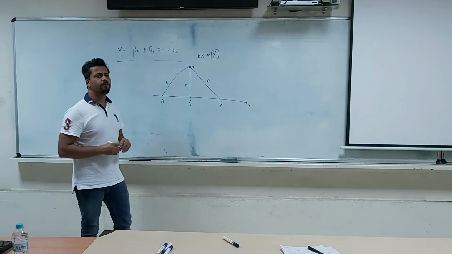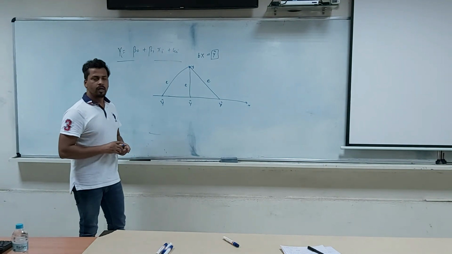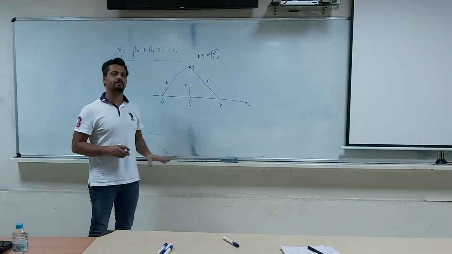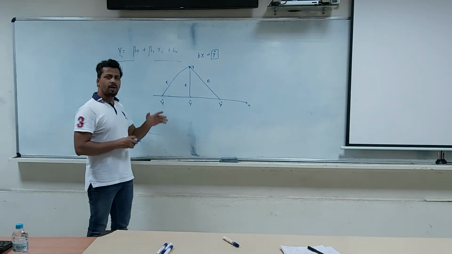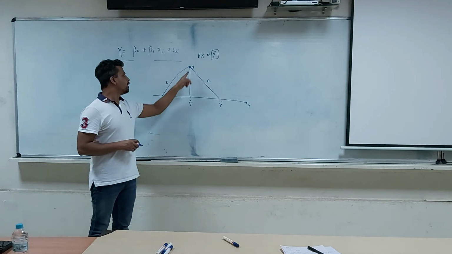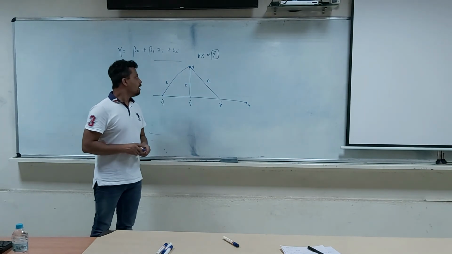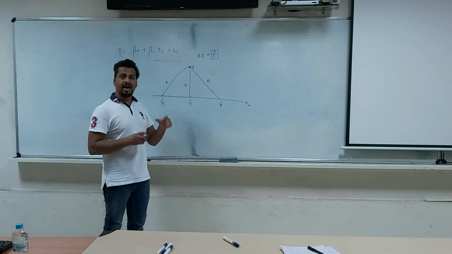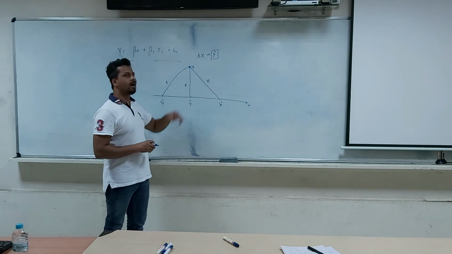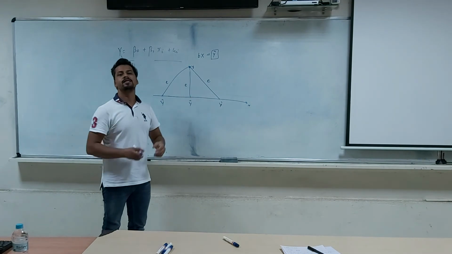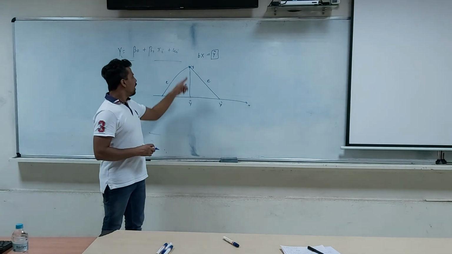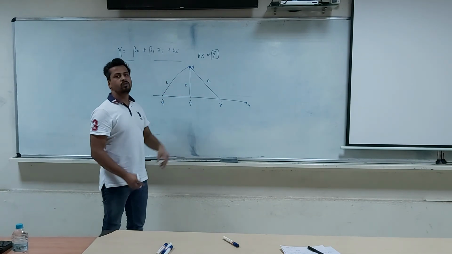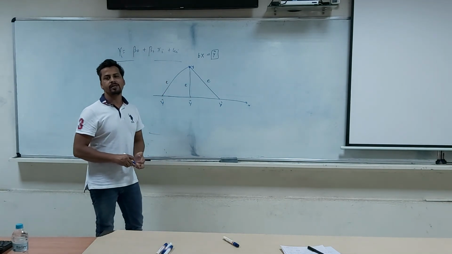Now the principle of the least squares estimator is what? You have to choose such a value of beta hat, that is, you have to choose such a value of the estimator, which takes you as close as possible to the actual y values, right? Getting this y hat, or this combination of x, as close as possible to the actual y means you want to minimize the distance between them, right? And minimization of the distance between these two vectors leads to the formation of the normal equations that you have.